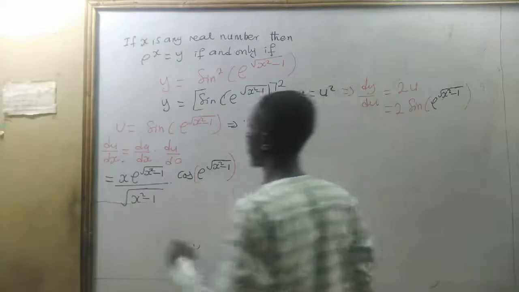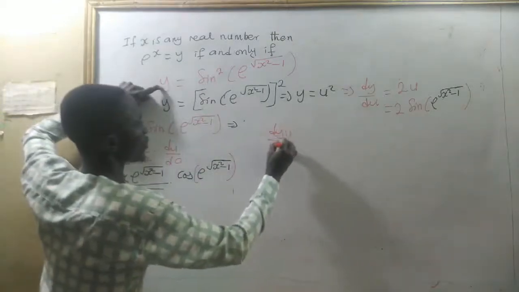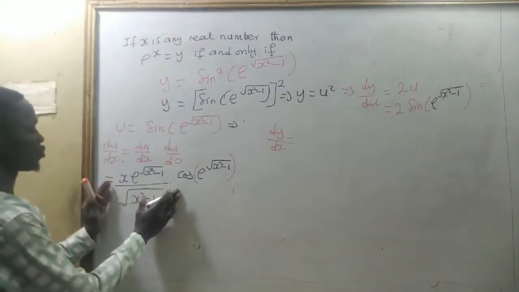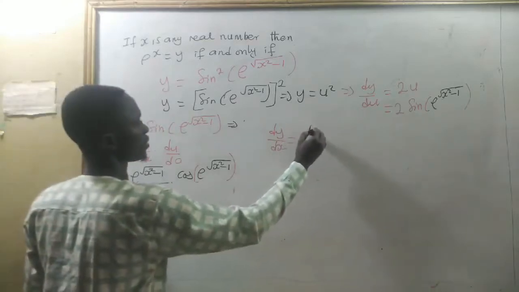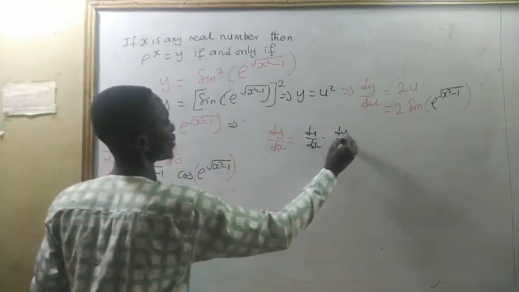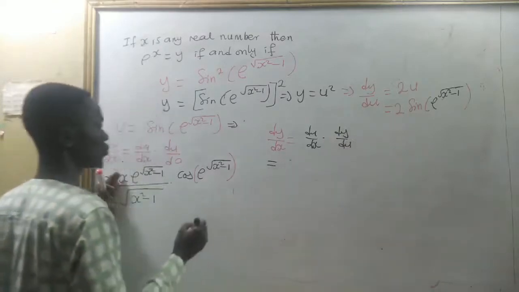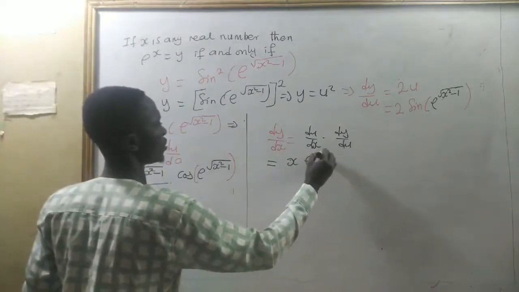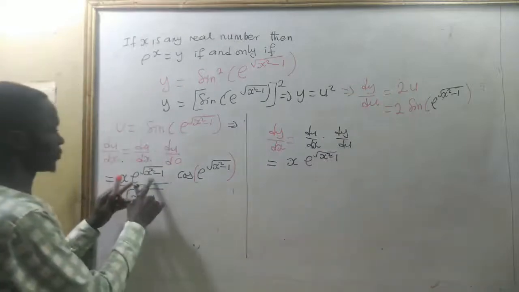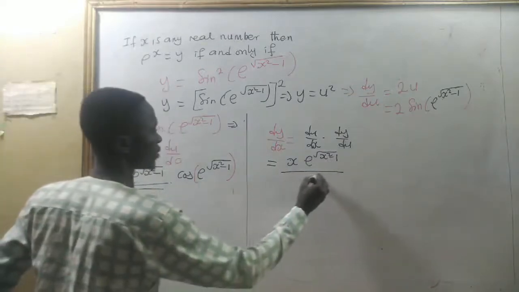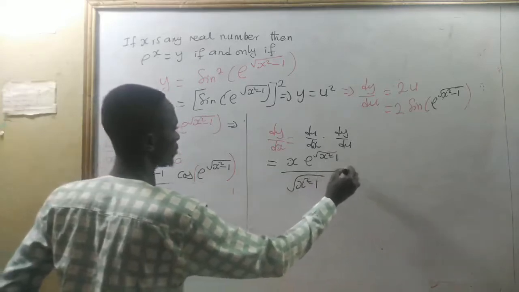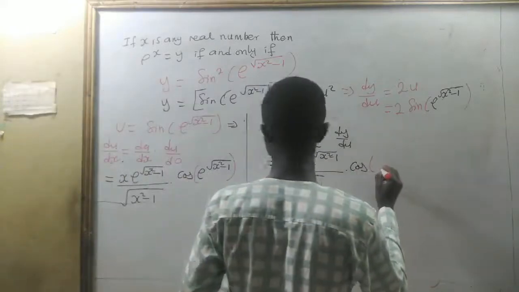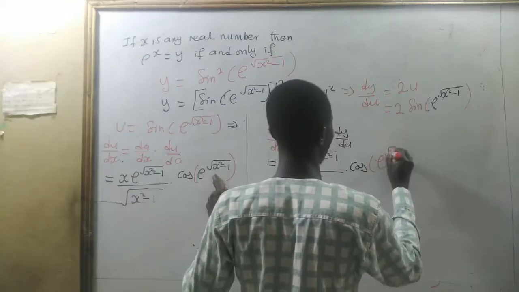So here, the derivative of y with respect to x will be equal to du/dx times dy/du, and that will be equal to x times e to the power square root of x squared minus 1 divided by square root of x squared minus 1 times cosine of e to the power square root of x squared minus 1